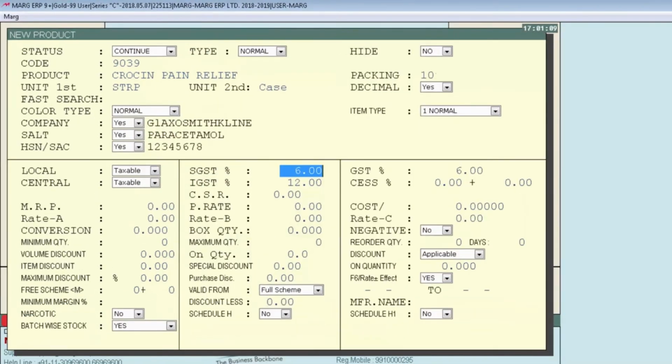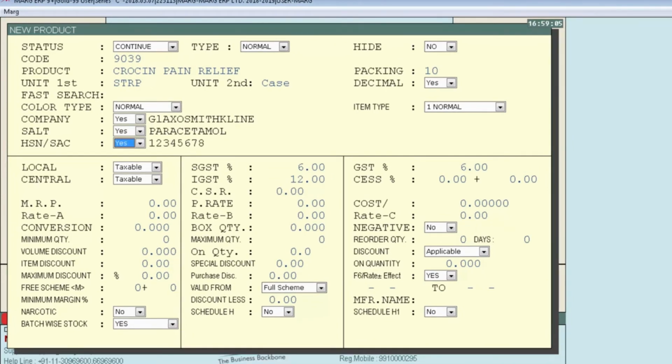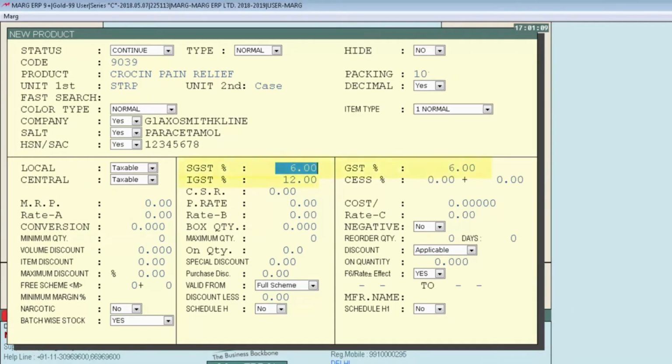Then is tax %. The software will auto pick SGST, CGST and IGST on the basis of your HSN code. Means if you have selected the HSN code of this item, then the software will automatically pick tax % here on the basis of the tax defined in that HSN.